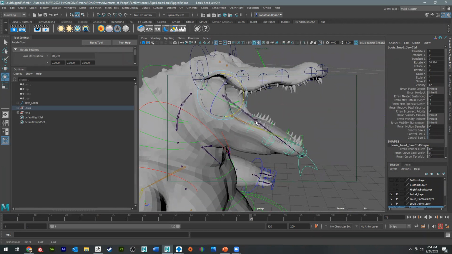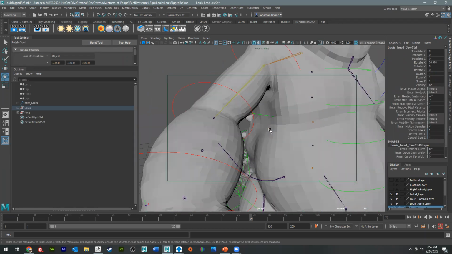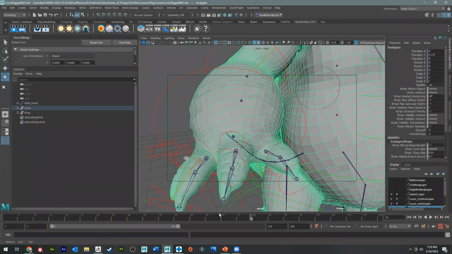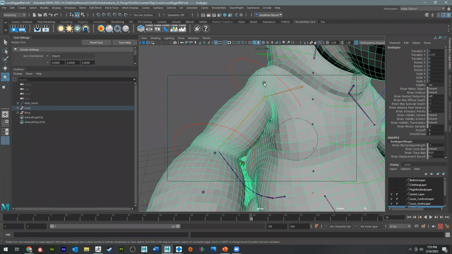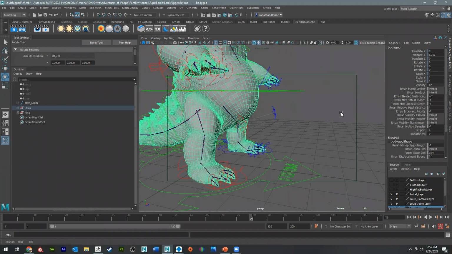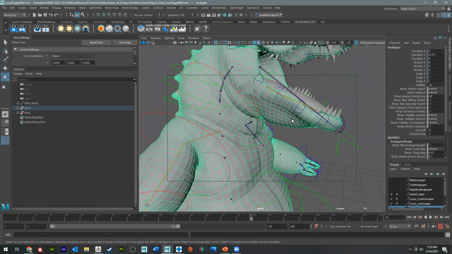So general rules for good topology are going to be, of course, no n-gons. We're sticking with quads, and we are going to have clean face loops to go around the base of all limbs. So if there's a neck, we're going to have a clean face loop that goes around that, and we're going to extend up from there. Same thing for arms, fingers, legs, toes, and tail. Okay. And then we're also going to have clean face looping that's going to go around